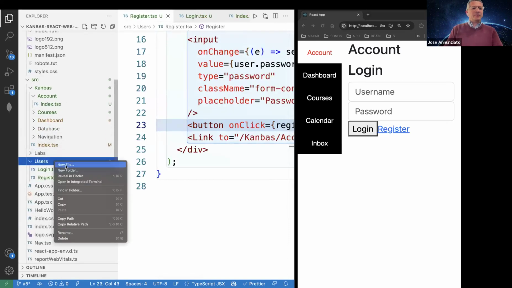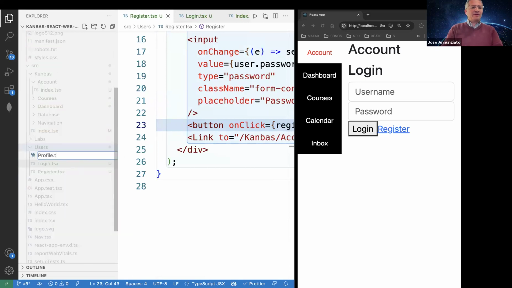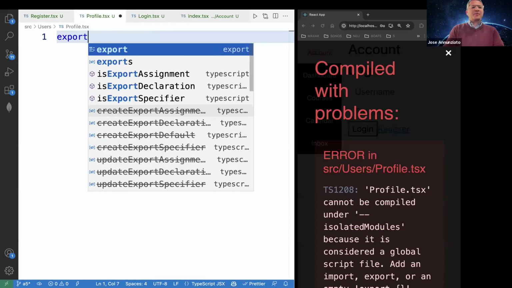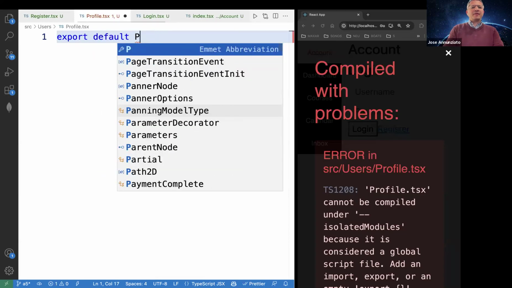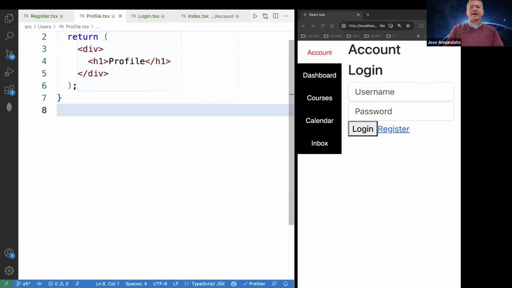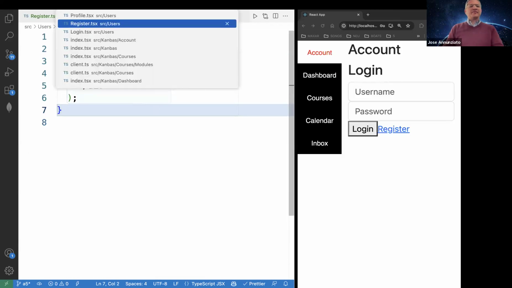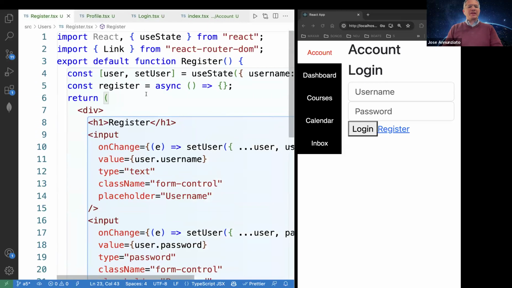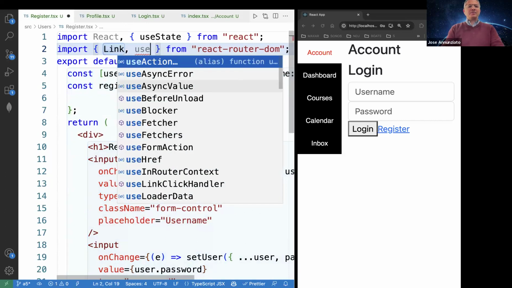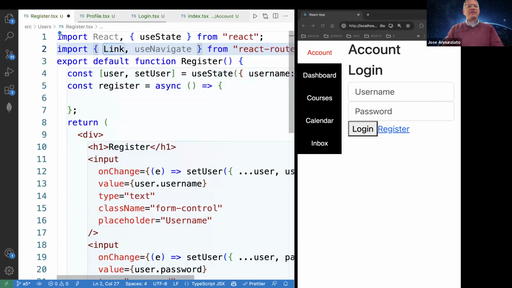So we'll do profile.tsx, and then export default function profile like that. And for now, what we'll do for both login and register is that we're going to navigate to the profile in both cases. So we'll bring in use navigate. So use navigate is a